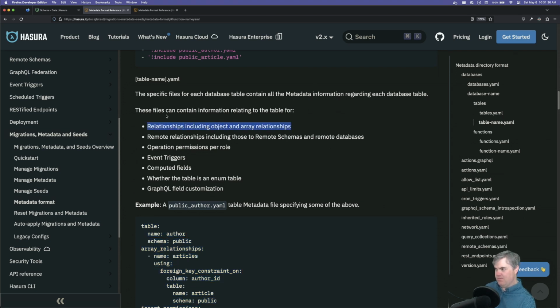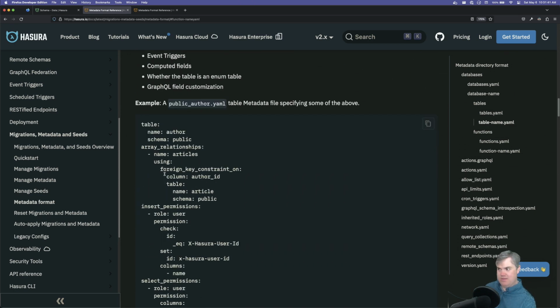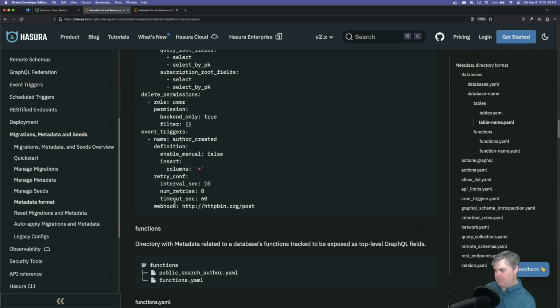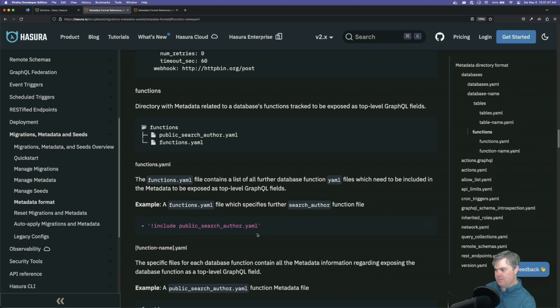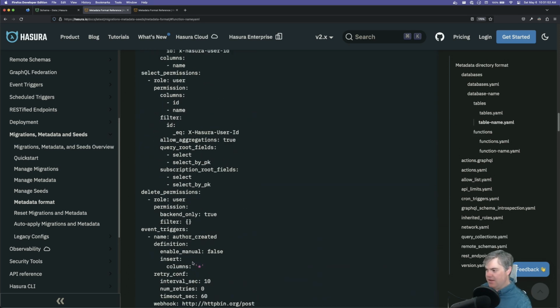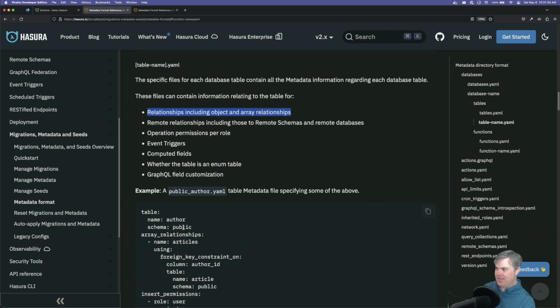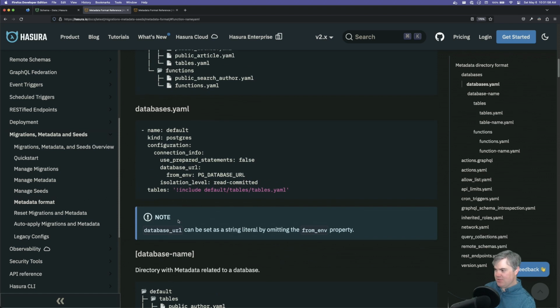Okay, so it would be so nice if it told me like, here's all the things that can go into it. It's just some examples, but